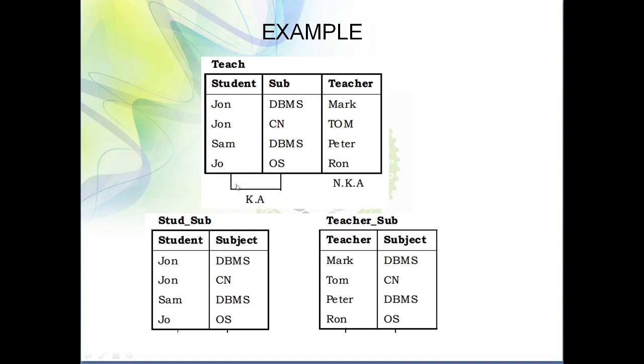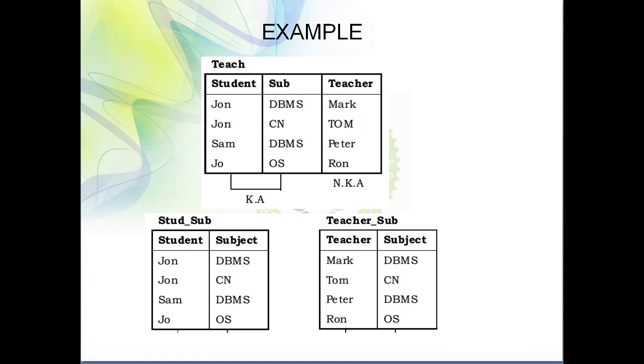That's why this table is not in BCNF, because what is the condition for BCNF? A non-key attribute should not find the value of a key attribute, but in this case the non-key attribute teacher helps to find the value of key attribute subject. That's why this table is not in BCNF. So to bring this table into BCNF, we need to perform decomposition. Here you can see we have decomposed this table into two subtables. Now in these tables no non-key attribute is finding the value of a key attribute. That's why these two tables are in BCNF. That is Boyce-Codd normal form.